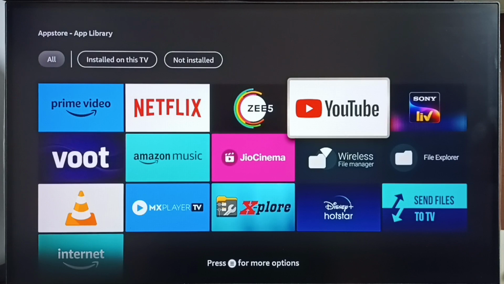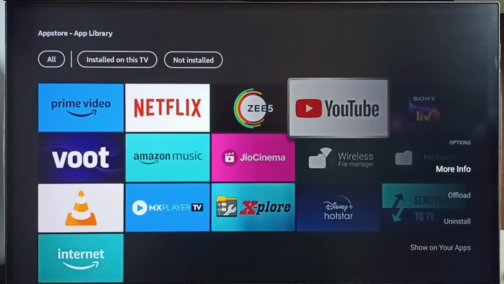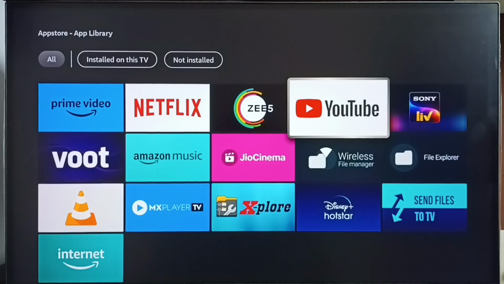Press that menu button, then select show on your apps. Select this option, show on your apps. Done. Then go to home screen,